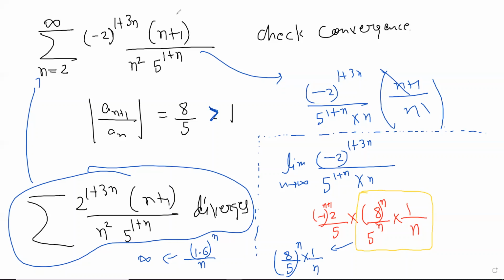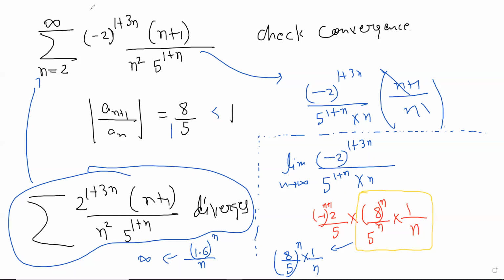However, if it does come out to be less than 1 for some problem, let's say 8 by 15, then you can say that the mod of the terms converges, and hence even the original series was converging, even if it had negative signs. Because if after making everything positive it still converges, then the original series also converges. So if I apply mod and get less than 1, no issues. But if I get greater than 1, I should check again.